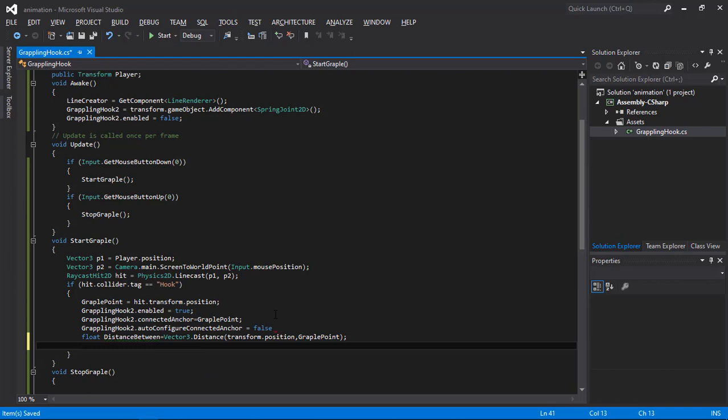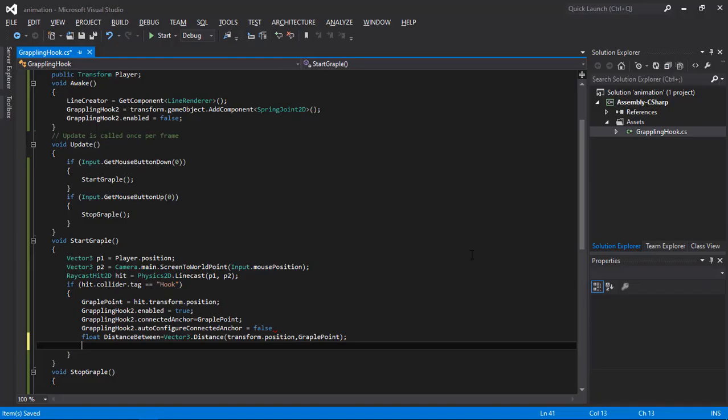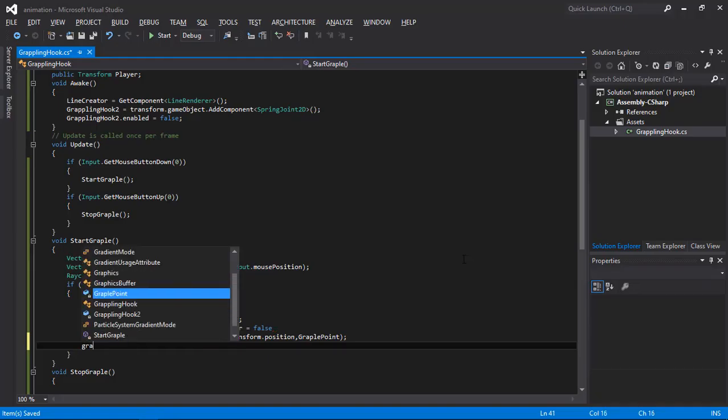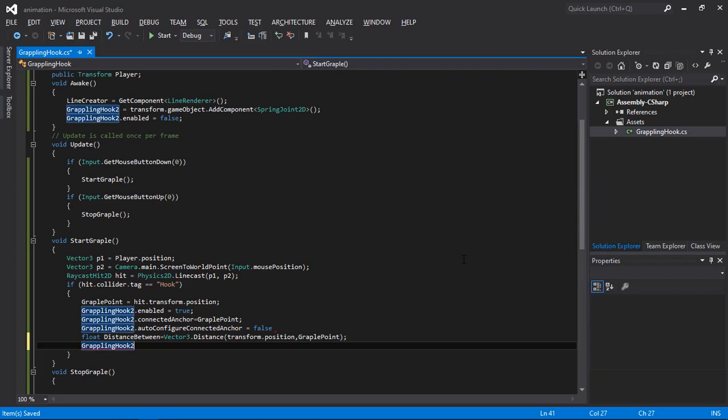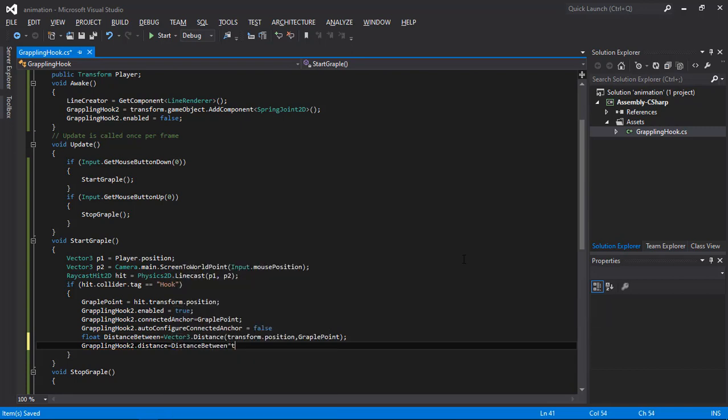Now we got this. What we need to do is put this value in the spring joint that is created from here. So I'm going to say that grappling hook was basically the name of the spring joint, dot distance is equal to distance. Why I'm using Time dot deltaTime? Because I am making this thing frame rate independent,